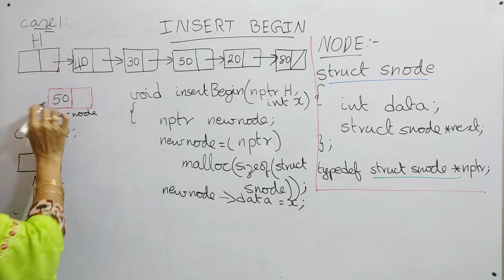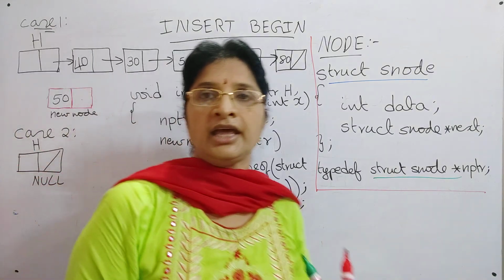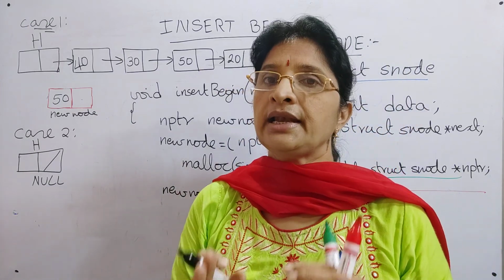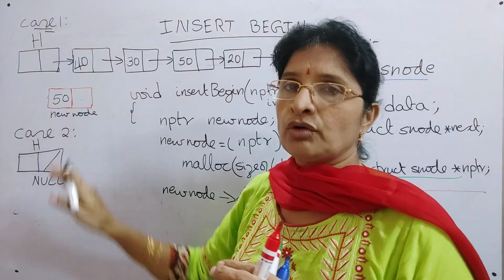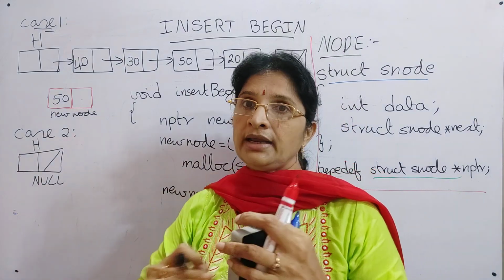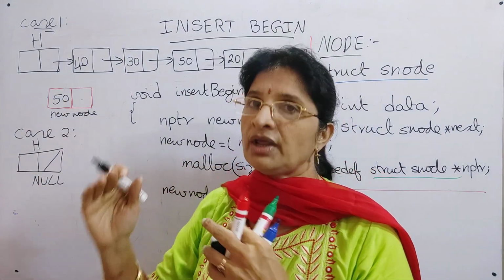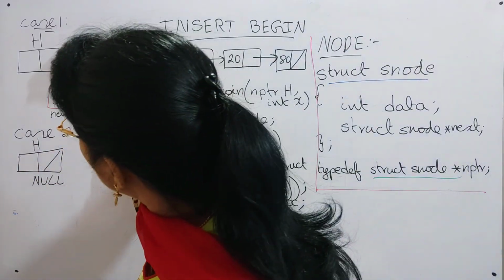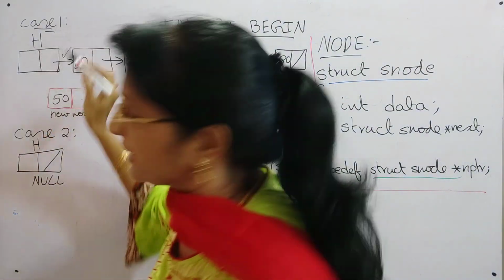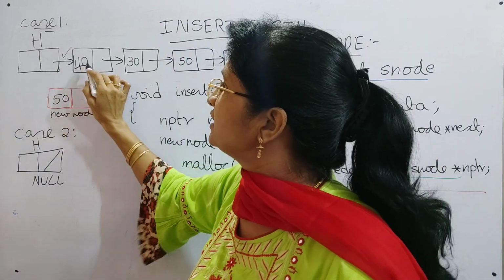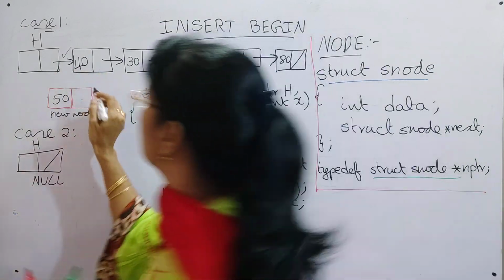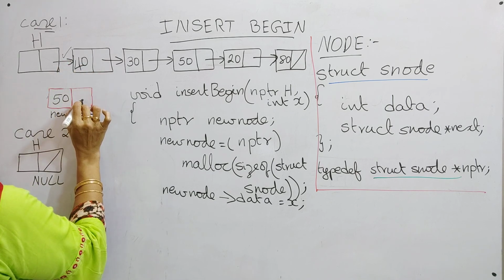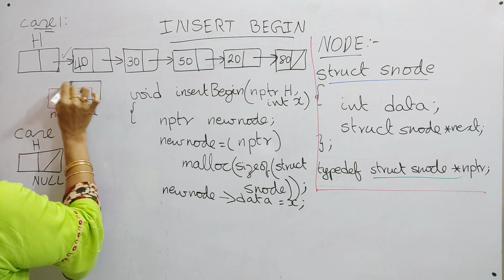Whenever you are modifying the links, you should be very careful that first of all you assign the links for the new node, because now you are inserting your new node into the list. So before changing this link part, this part must not be given. So first you can assign the h next